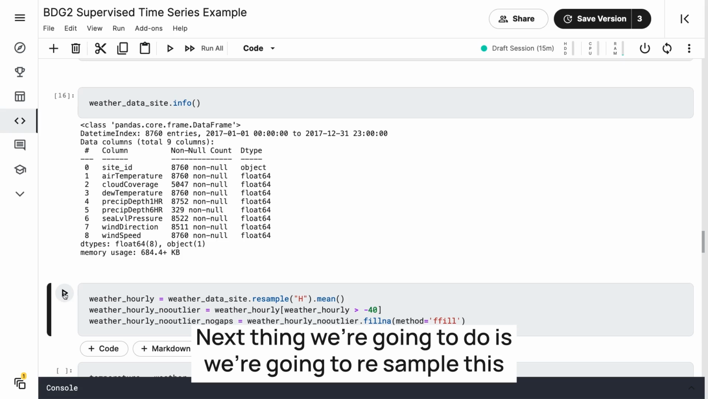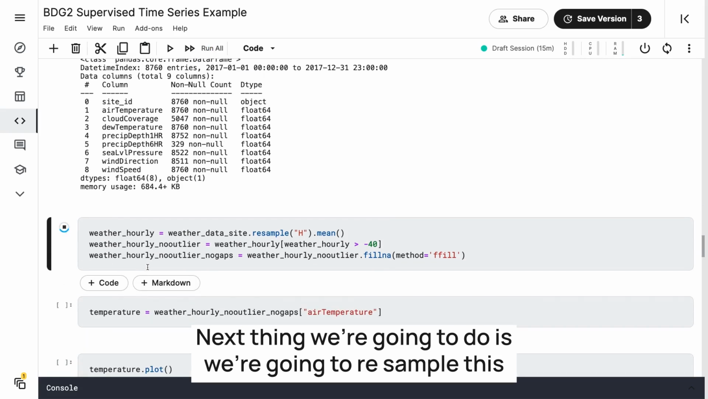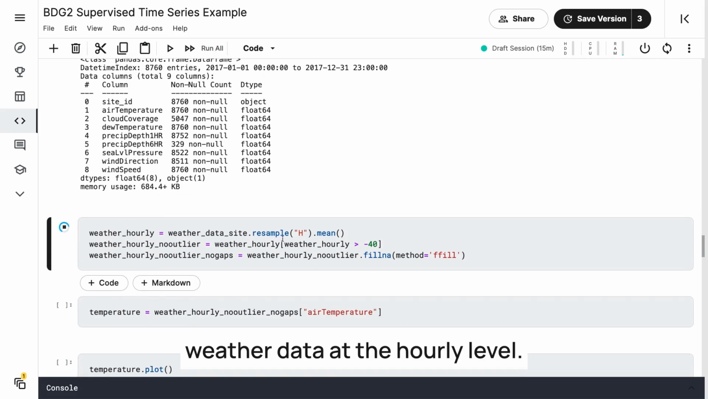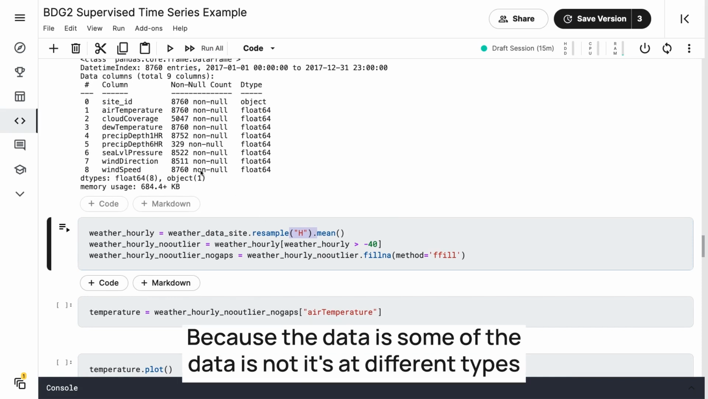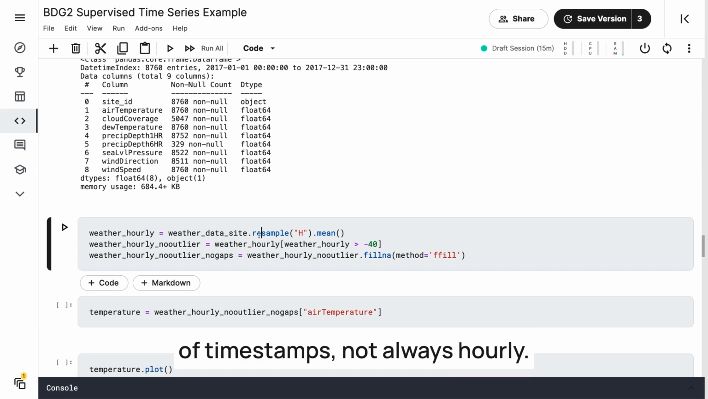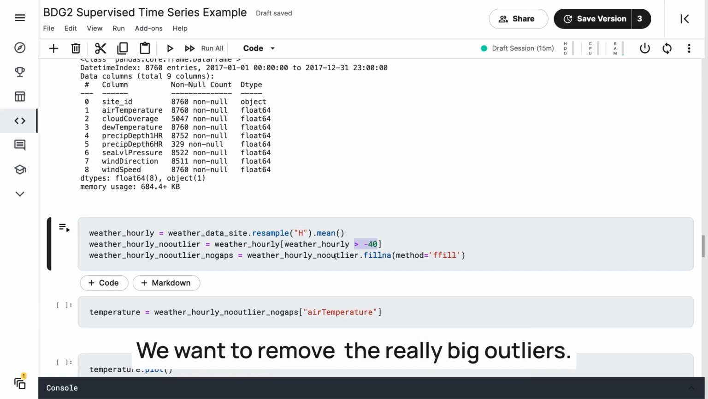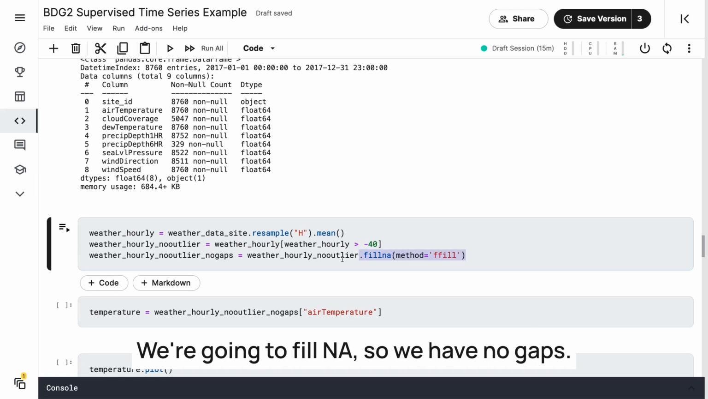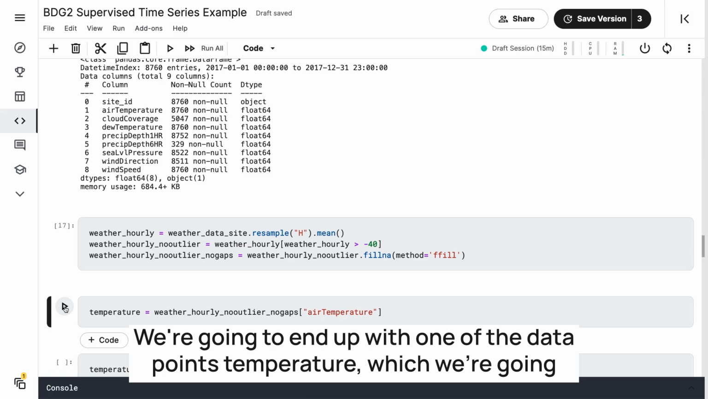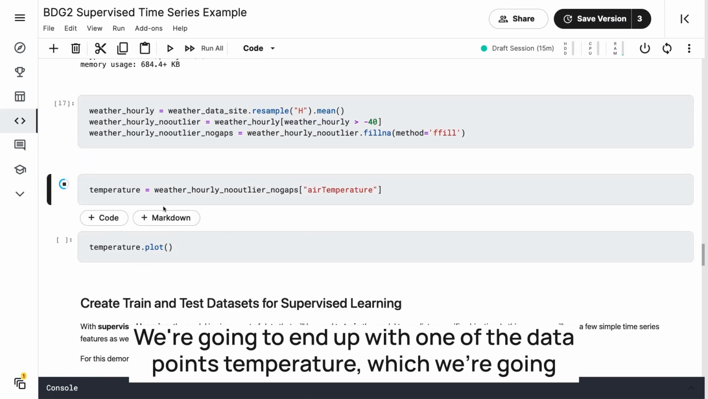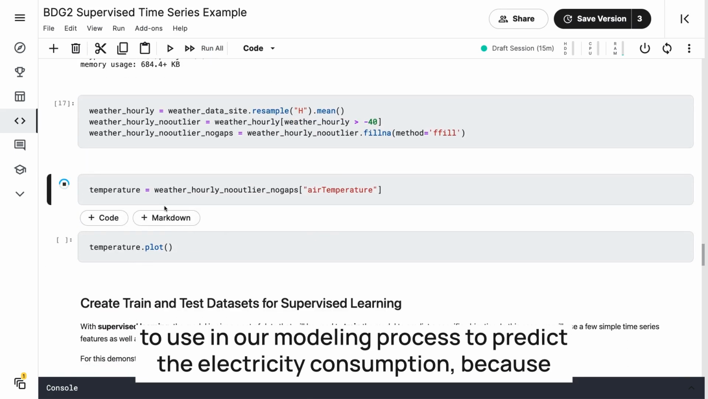Next thing we're going to do is we're going to resample this weather data at the hourly level, because some of the data is at different types of timestamps, not always hourly. We want to remove the really big outliers. We're going to fill NA so we have no gaps. We're going to end up with one of the data points, temperature, which we're going to use in our modeling